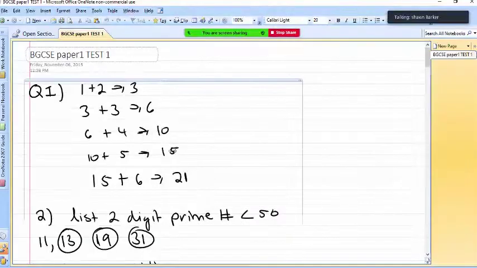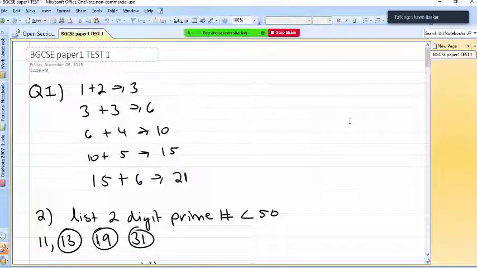Okay, so it's not basically a mathematical formula. Well, there is a mathematical formula that you can use, but that's a little bit beyond the scope of what you guys are studying. But you can just look at it and see the pattern. Okay, and that's how you would solve it.